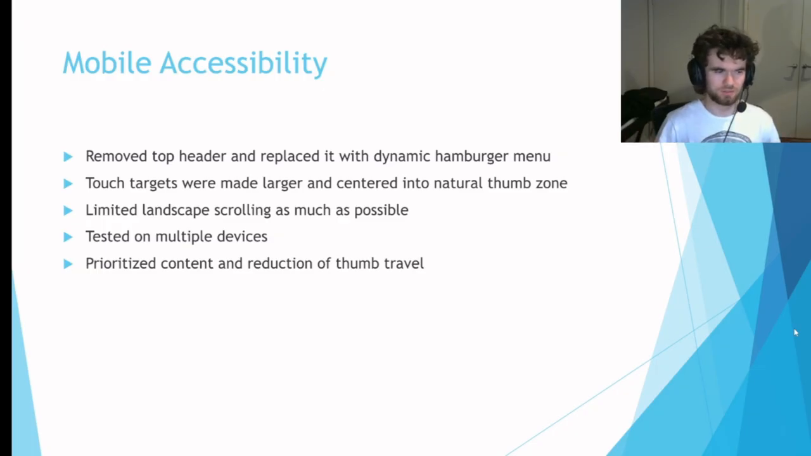They don't have to scroll around, they can just click one button and lots of links will pop up for them. The touch targets were also made larger and centered into a natural thumb zone. That way it's a lot more natural for users to use and easier to press instead of the precise clicking used in desktop. We limited landscape scrolling as much as possible, although there are some aspects still there, such as tables, which you will see soon. And we tested it on multiple devices from Pixels to iPad Pros, and I can show you the